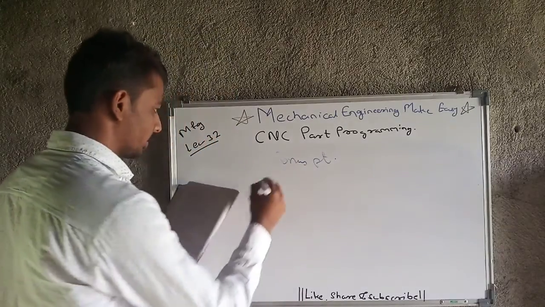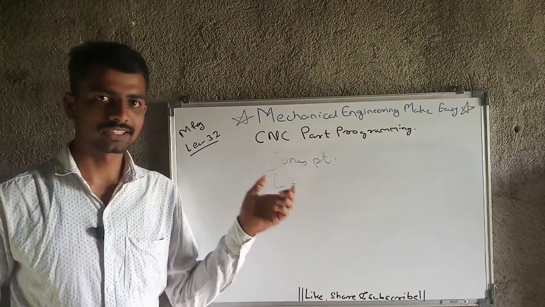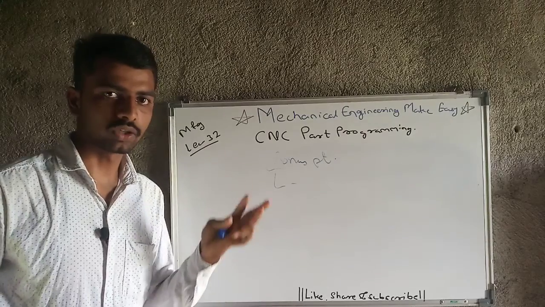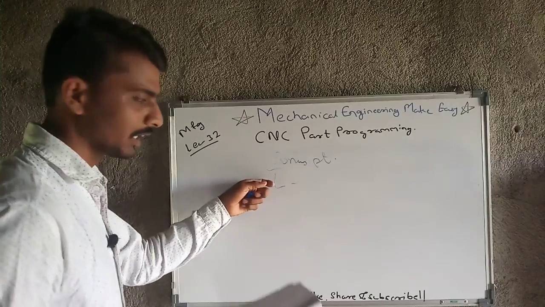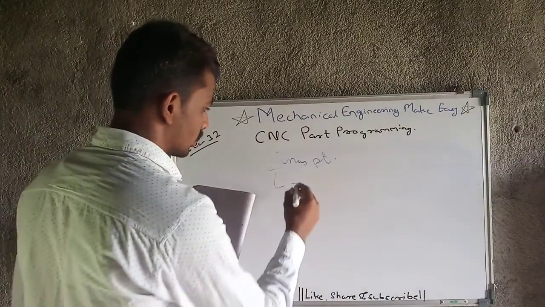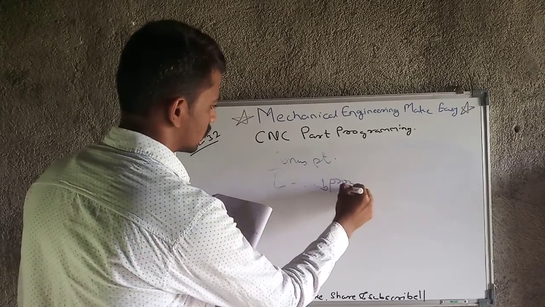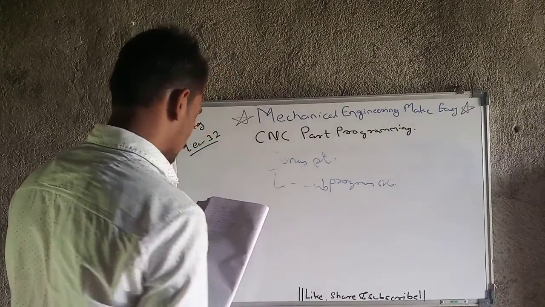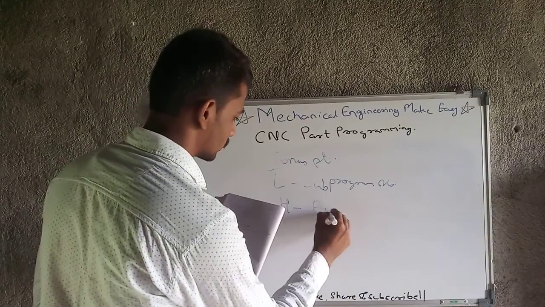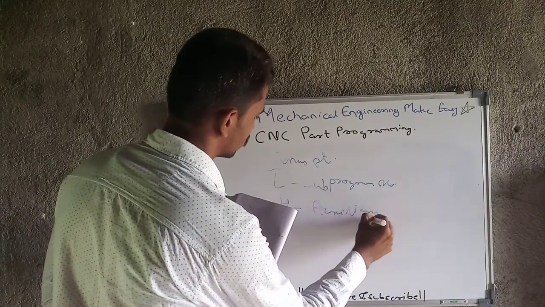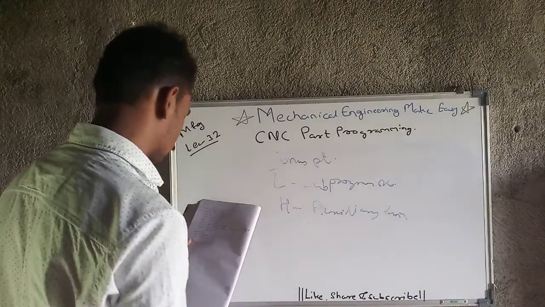Bonus point is nothing but L. Okay, there is one L code also, besides what I gave you at the starting, those 6 codes: N code, S code, T code, X code, Y code and Z code. But apart from that, the L code is also there, and L code is used for sub program number. Then there is one H code also, and that H code is used for auxiliary function. If there is any auxiliary function that we have to perform, then we will use the H code.